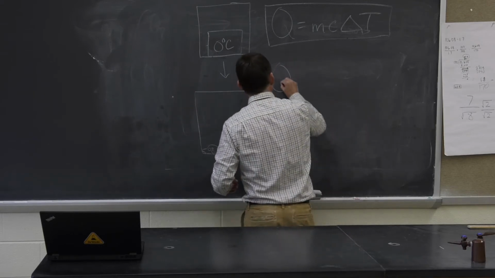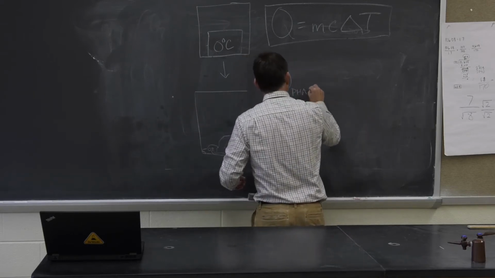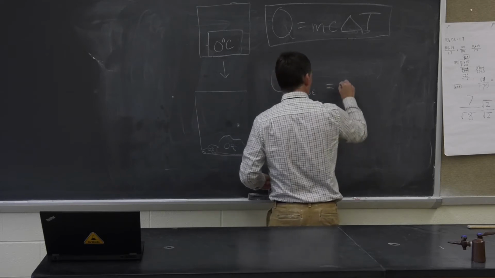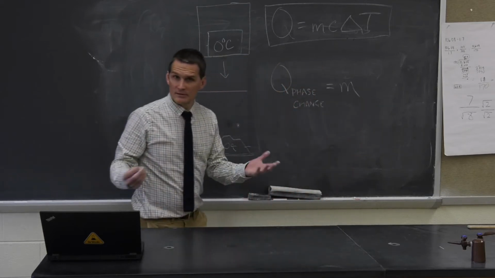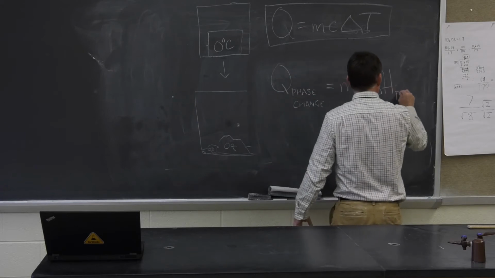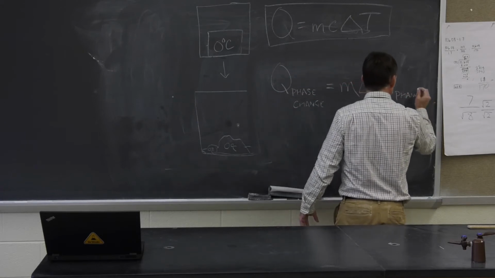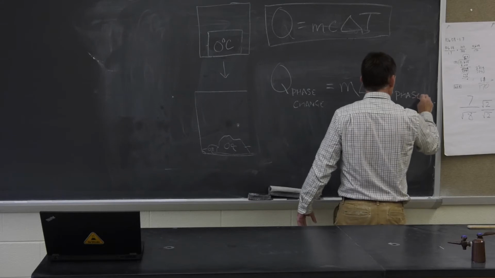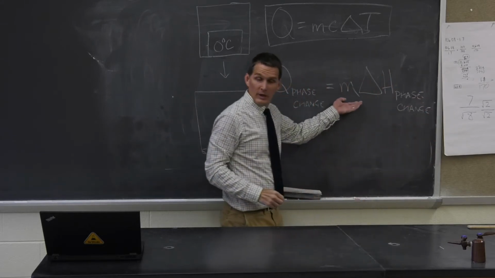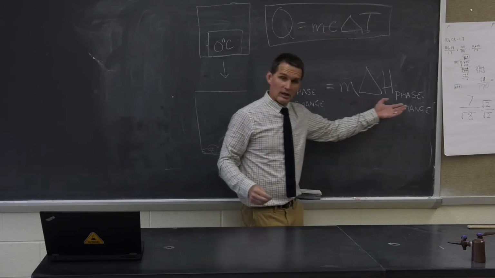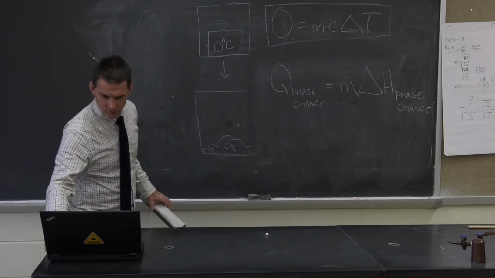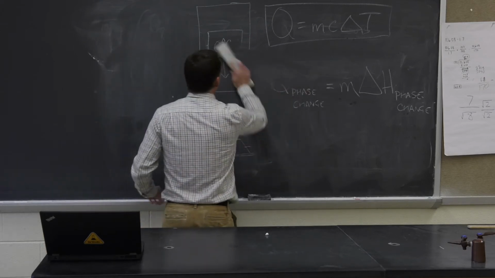And in this case, for a phase change, Q for a phase change is going to be equal to the mass of the stuff undergoing the phase change times the enthalpy of the phase change. That's it. How much stuff are you melting, or whatever, times the enthalpy. Pretty simple. And what we're going to do now is apply this to